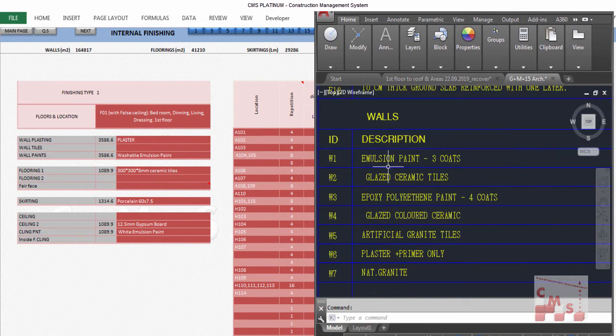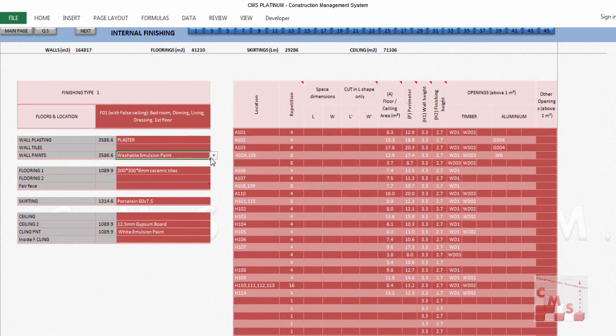It is an emulsion paint, 3-coat. So we already chose an emulsion paint from this table. But of course, the emulsion paint must have a background of plaster. You can choose either a normal plaster or a shoot plaster, according to your specification. If it's not clear in the specification, you can choose the normal plaster, and later, when you start work in the cost estimation, you can decide which is better for you cost-wise and productivity-wise,